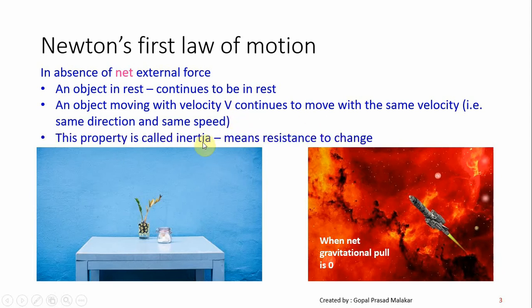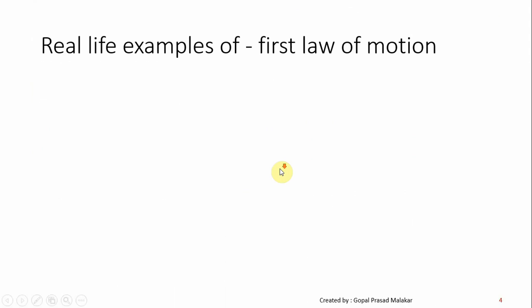That is the property which is called inertia, which means resistance to change. If it is at rest, it continues to be at rest. If it is moving, it continues to be moving. And we see this example in everyday life. For example, if you have